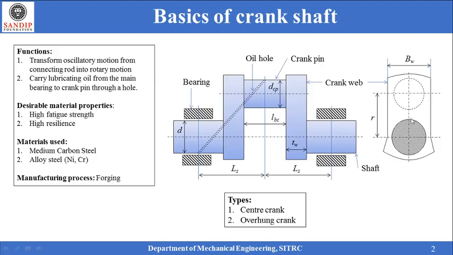Again, refer to this figure. The Conrod force will act along this line, and from this point to this point, this distance is considered as the moment arm. This distance is radius of a crank minus radius of the shaft. Therefore, it is R minus d by 2.